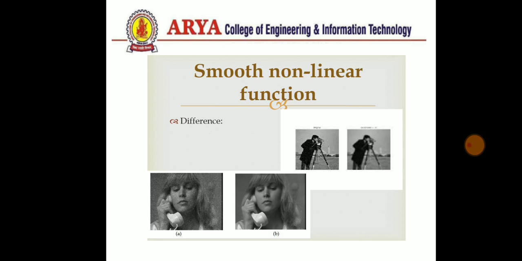In the smooth non-linear function output, there is a clear image. Before applying this task, the previous image is not clear, but after applying this part, the output image is very clear. But when we apply the previous operation without pseudo coloring on the previous image of the cameraman, it is not visible. So it is all about pseudo coloring. So this was the concept of pseudo coloring.